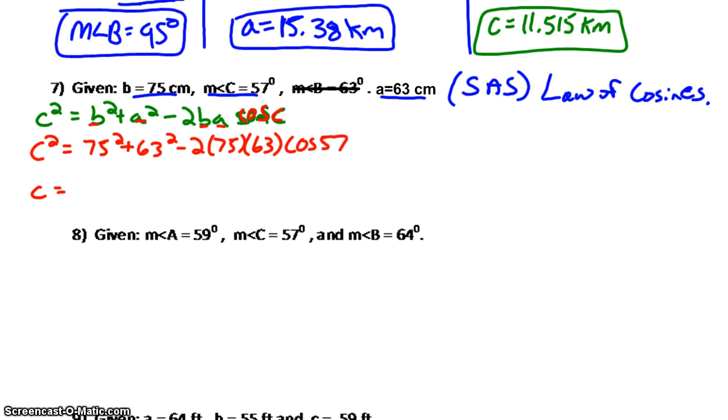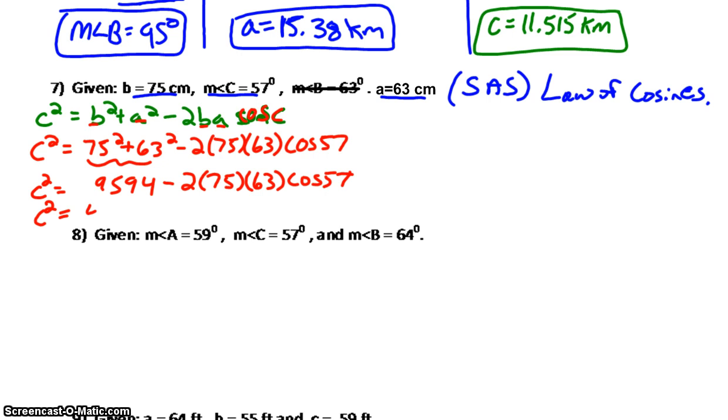Now, when I quickly work this out, this first part was 9,594, and then I subtract the rest of it, which I'm not going to take the time to show, but working it all out, I ended up with a C squared of